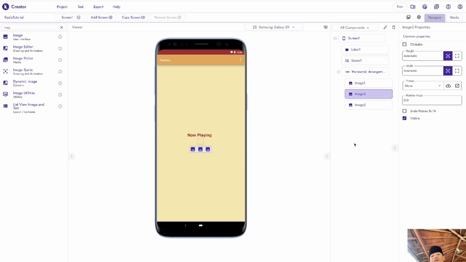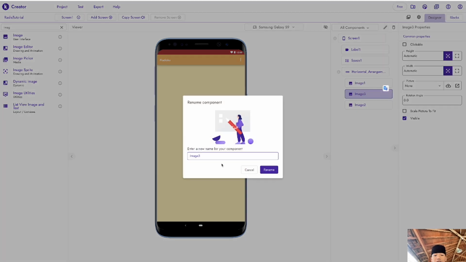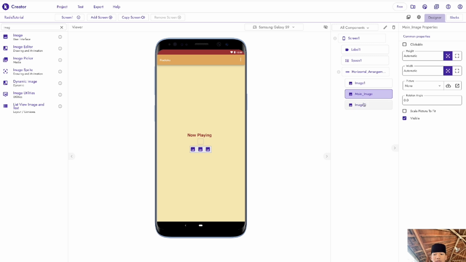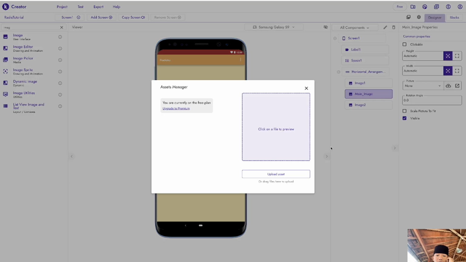So all these images will be the main things. So the middle image, we're going to change that to be main image.